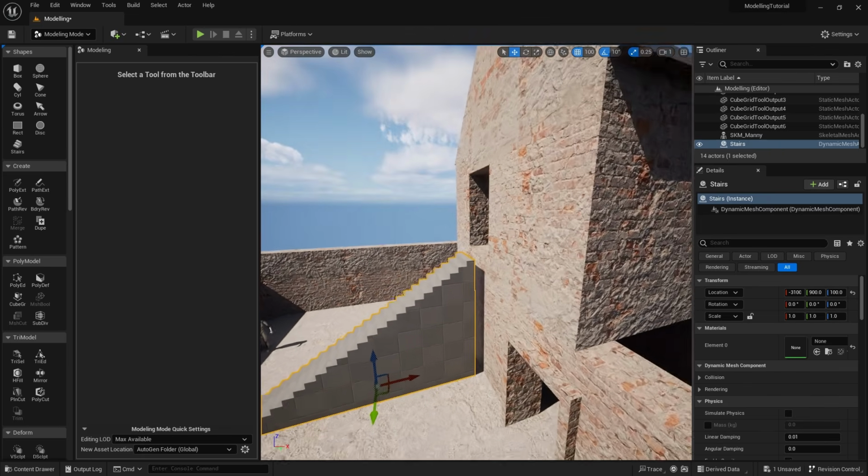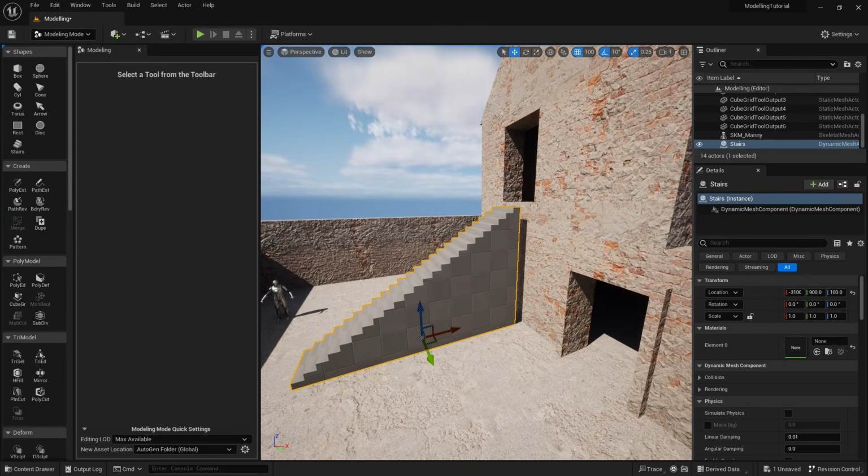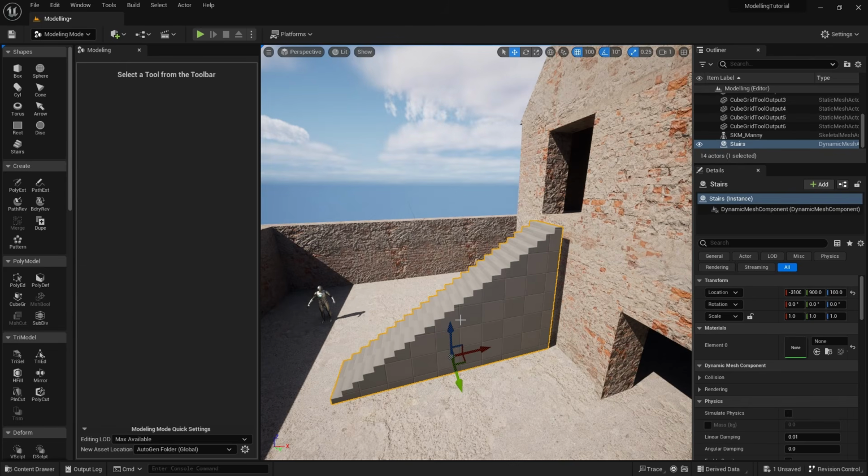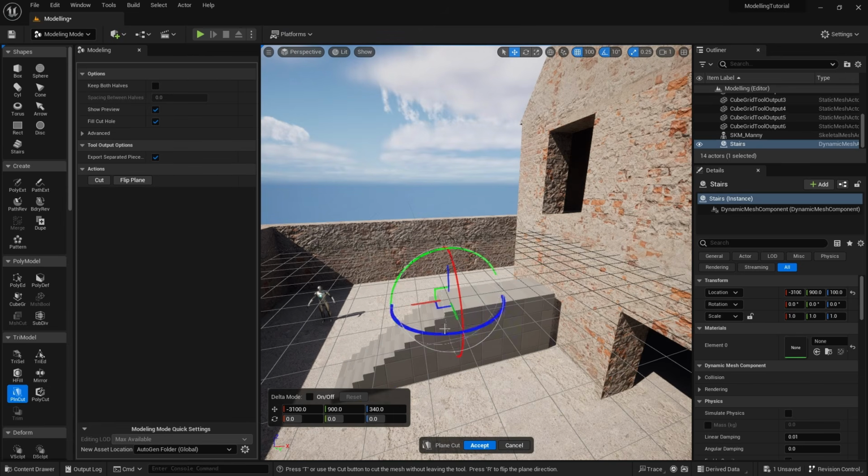There are different ways you could approach cutting this up, but my view is that the best way of doing this is to use a plane cut tool to cut it in half. That way we'll get two sets of staircases, and then we'll create a cube in the middle for the platform that's halfway up. So to start off with, we need to find this in the Model tools. There's a plane cut tool, which cuts selected meshes with a 3D plane. So make sure you've got your staircase selected, plane cut, and you see that it's cut it in half,